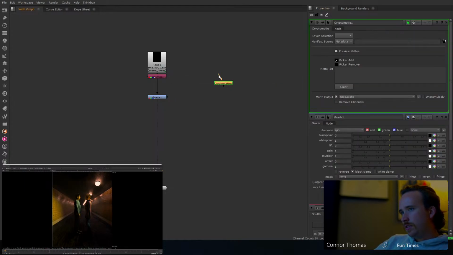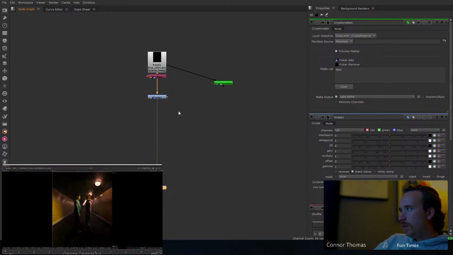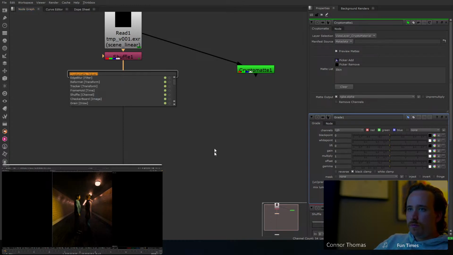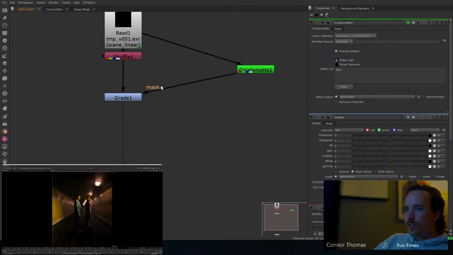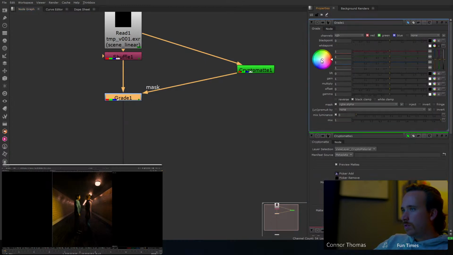In a shuffle node, and we're going to view combined. All right, let's do a couple things. First of all, I'm going to add in a Cryptomatte, and we're going to adjust, specifically, let's see, what can we do. That's looking at objects. I'm going to look at materials. There we go. I want specifically the skin tones of them,